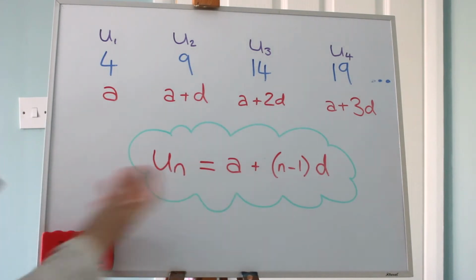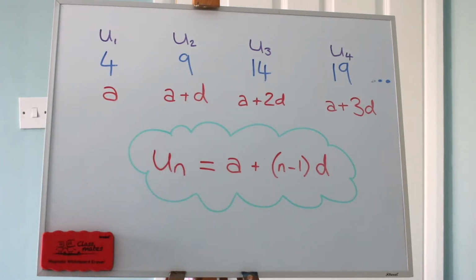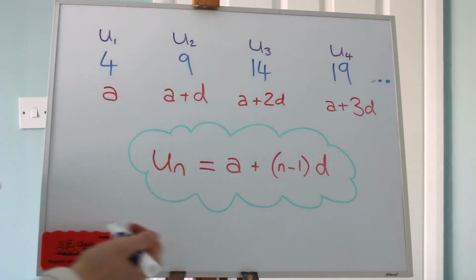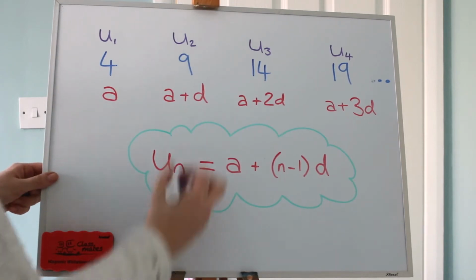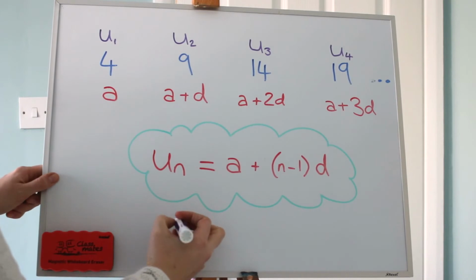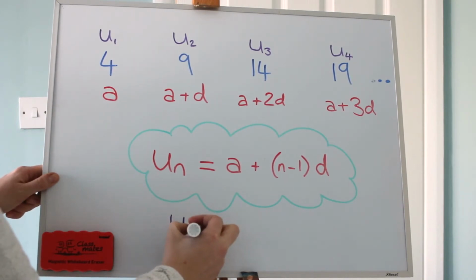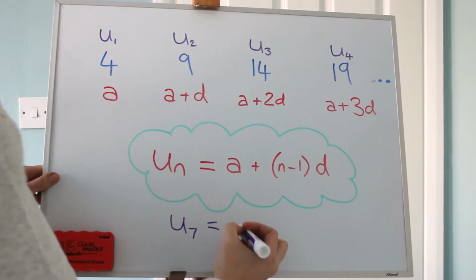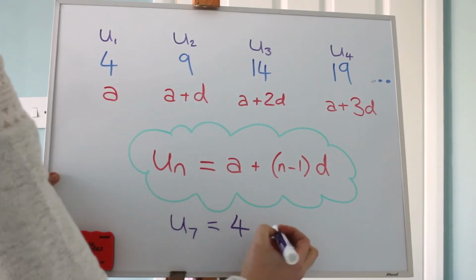You of course can learn that off by heart, or maybe that's intuitive and you can just generate that yourself. But let's walk through one other term just to make that really clear. Say we want to find the 7th term in this sequence. So if we want the 7th term, we're looking for U7. So we'll be starting with A. We know that A is 4, starting number, and